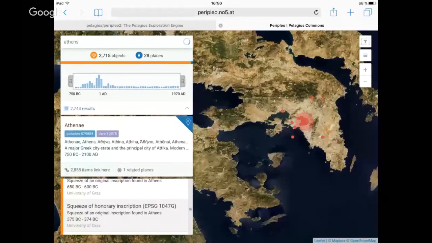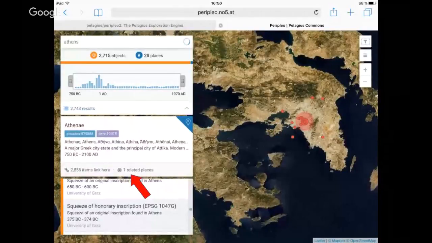So we will visualize the related places. I say "we" because it sounds really cool, but actually it's Rainer Simon in Vienna, Austria, that is developing the new PerPleo.